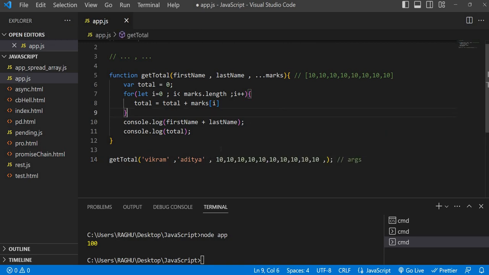So now what will happen? First Vikram will be stored in first name and Aditya is going to be stored in last name, and all the rest of the arguments will be copied into marks with the help of the rest operator or rest parameter, because we are using it as a parameter. That's why we got the name rest parameters. So this is perfect. Now if you see